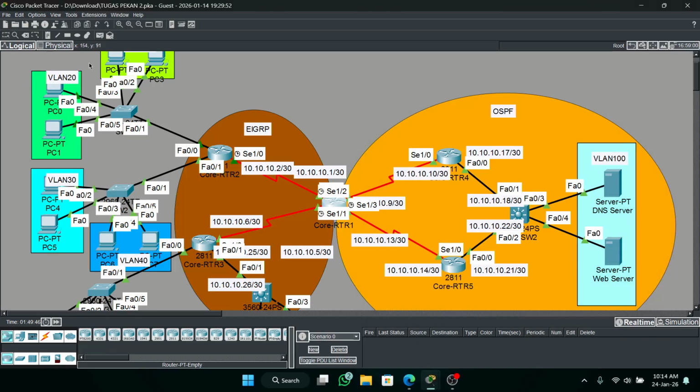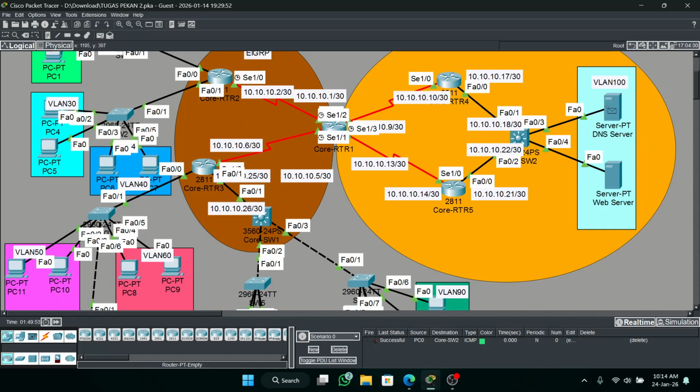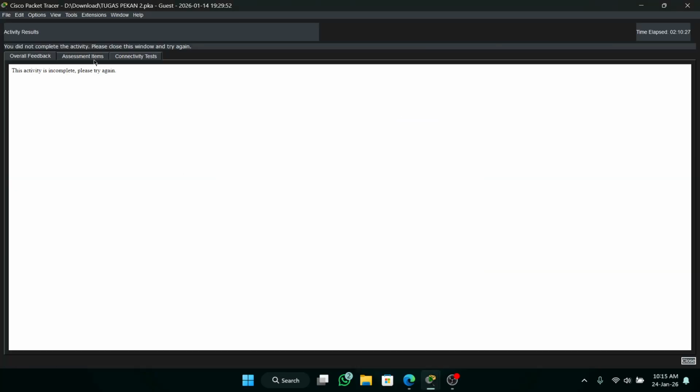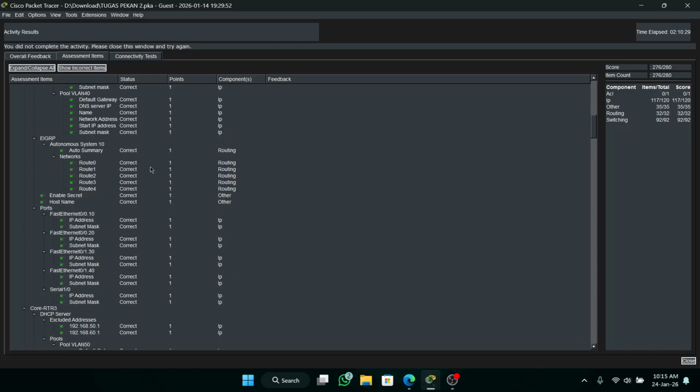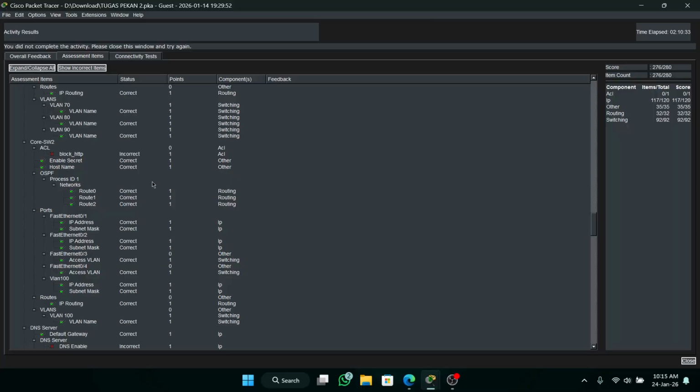Testing. I hope the PC can access the MLS. Okay, successful. This PC can connect to the server. So go to the server. Okay, check activity 98%. The auto configuration has finished. Just